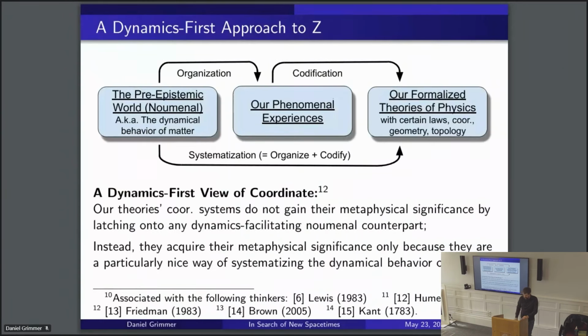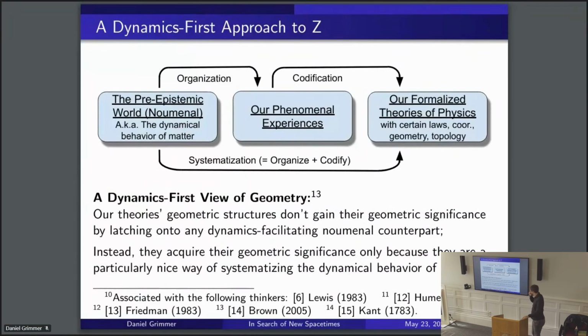Okay, let me skip over that one. But here's this dynamics first view of geometry, which I'm thinking of along the lines of the kind of Harvey Brown stuff that a lot of us are interested in working on. Our theory's geometric structures don't gain their geometric significance by latching on to any hardworking geometric stuff out there in the noumenal world. Rather, it's via this epistemic process of being a particularly nice way of systematizing dynamics that they earn their chronogeometric significance. I take that to be a fair summary of the geometric side of this debate, or the dynamical side of